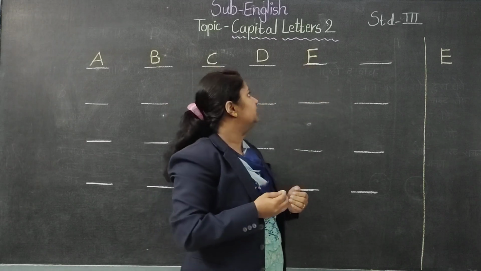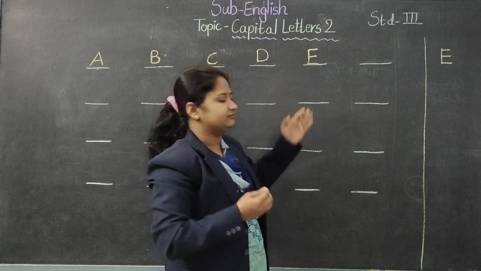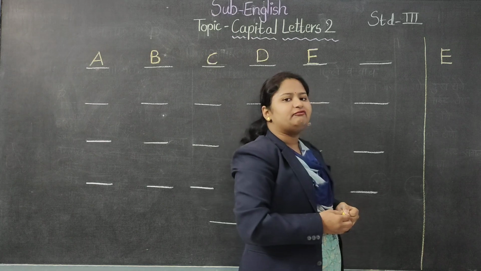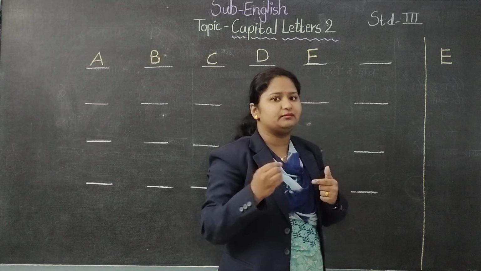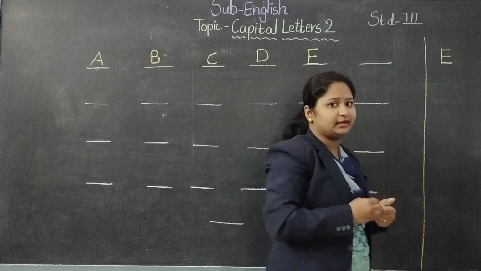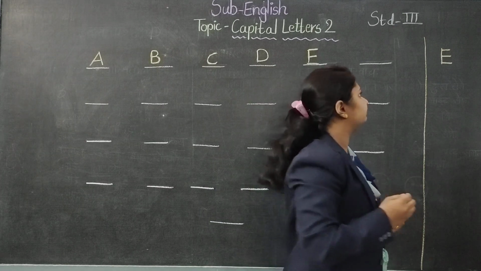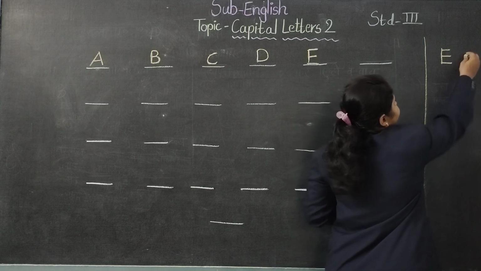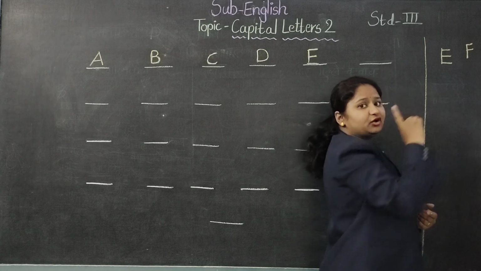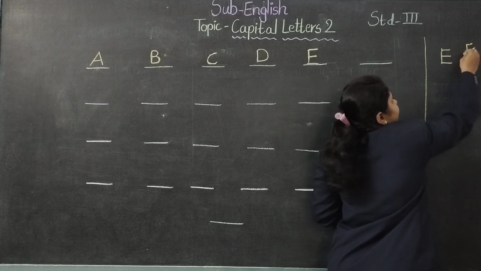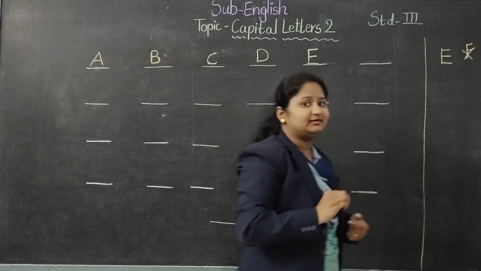And we'll move forward to F. Now, how some students write F, we'll see first the wrong method, which you make mistakes. What mistakes do you make in writing letter F? You must be doing like this. But this is the wrong method. We'll see the correct method.